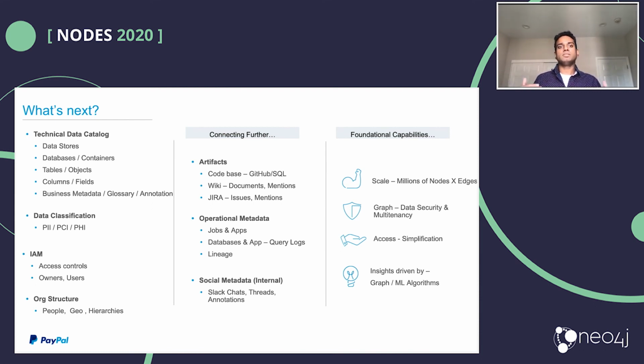And as you can see here, we are building this massive metadata of all the operational aspects in a company, which means that's a single vulnerable place which can expose large security issues. So the notion of multi-tenancy, making sure certain parts of the graphs can be exposed for certain personas and certain applications can build on the graph, is very important. So data security and multi-tenancy is going to be a very important aspect once we have dealt with the scale.